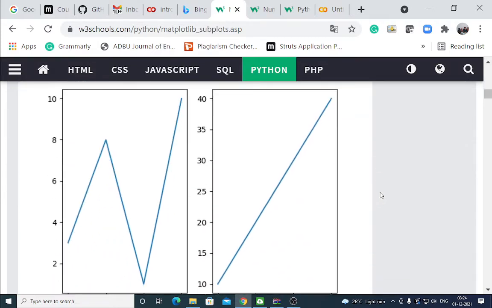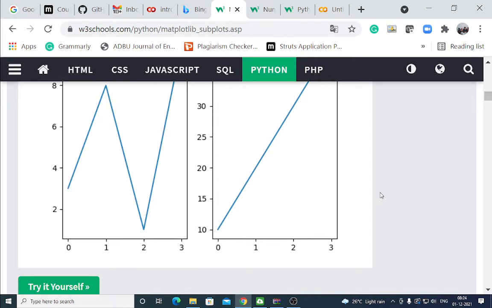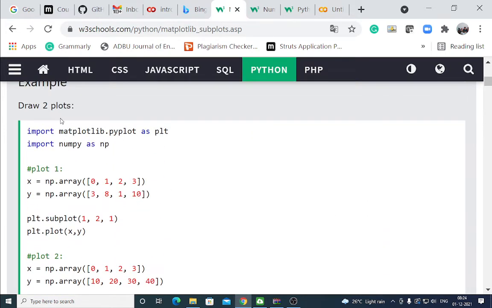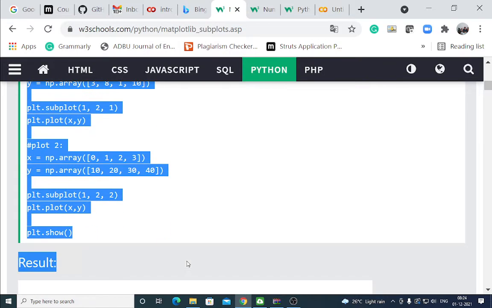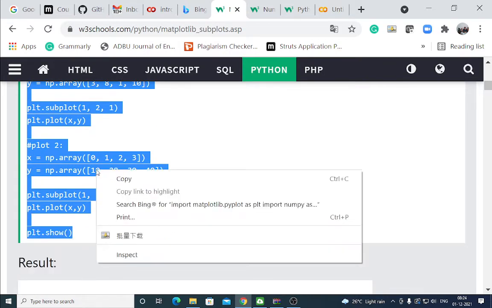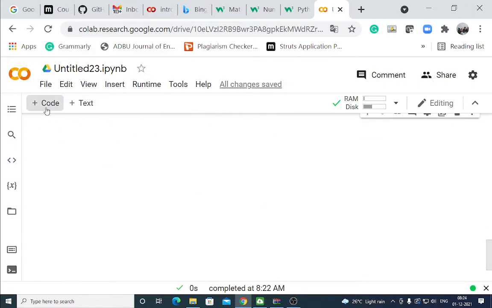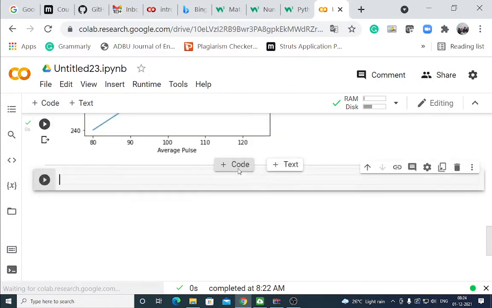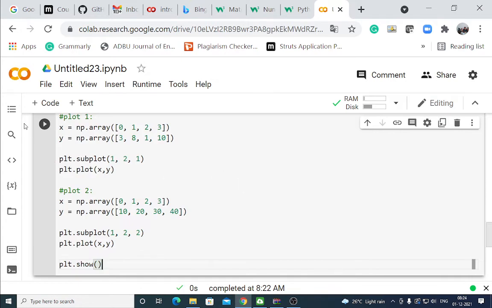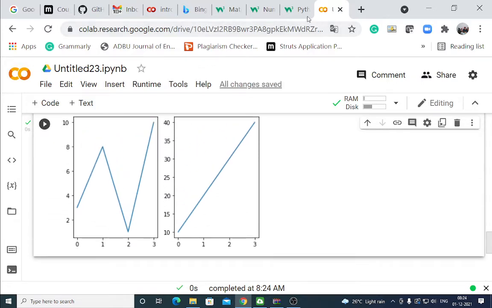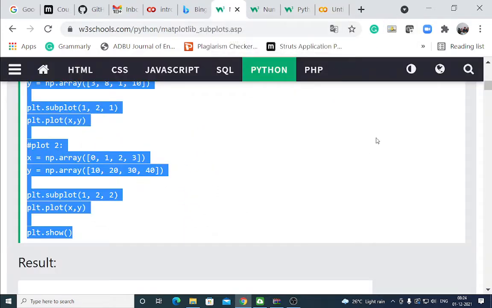Two graphs are here. Like this, you can copy this code and run on Google Colab. Execute this code, subplots, like that.